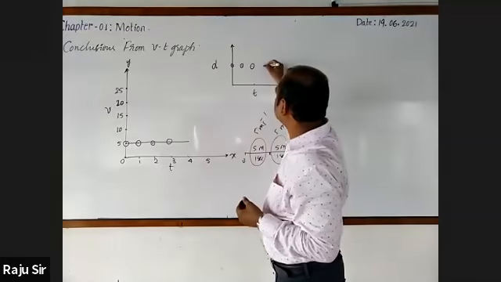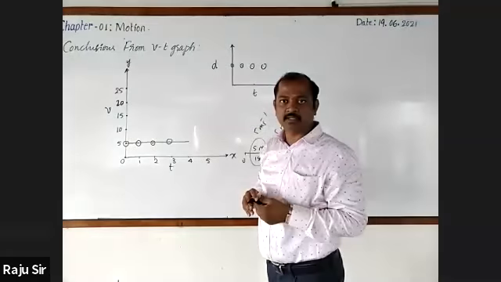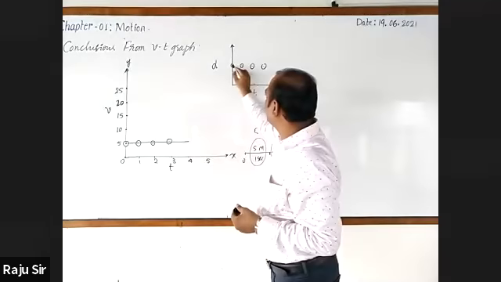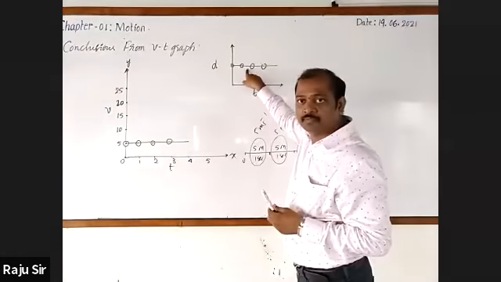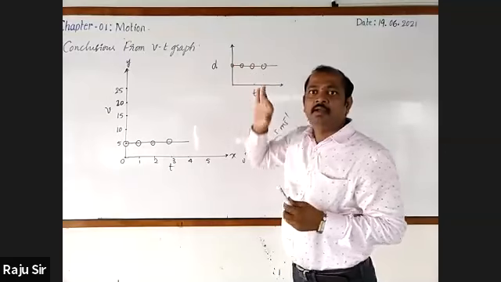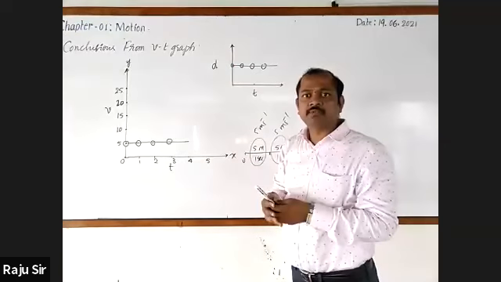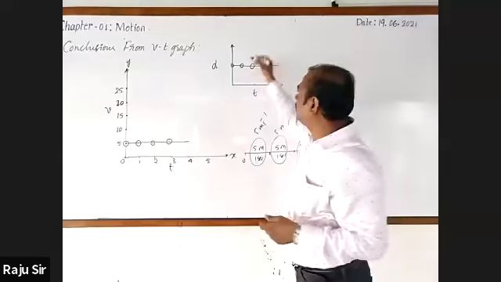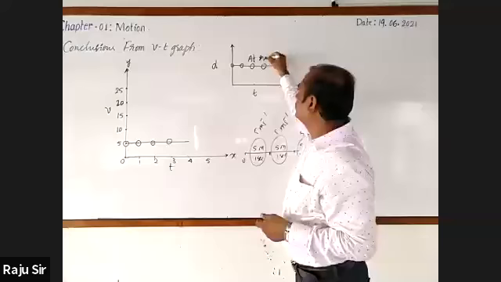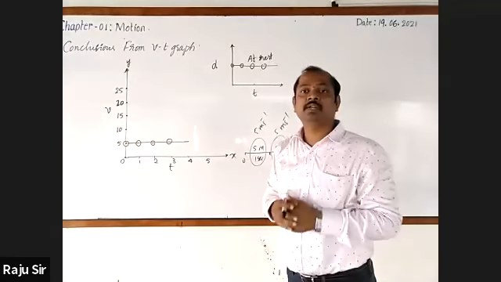After 3 seconds, it is at the same distance. Now, if I join all these points, you will get a straight line. So here, after every interval of time, the distance is the same, which means that the body is at rest only,